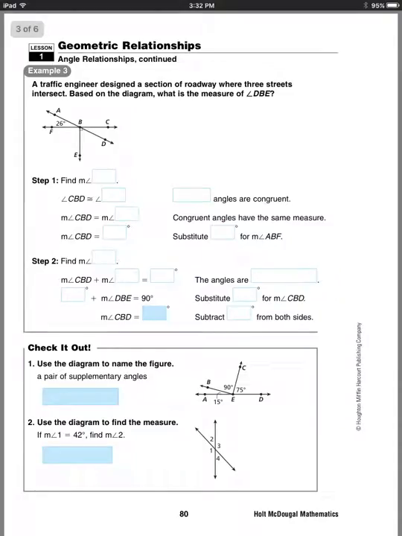And last example for this lesson, a traffic engineer designed a section of roadway where 3 streets intersect. Based on the diagram, what is the measure of angle DBE? Okay, so we are looking for, I'm going to put it in green, DBE. Now that right angle sign includes the measure DBC. Okay, so if we know, first of all, we are going to find the measure of CBD. Okay,